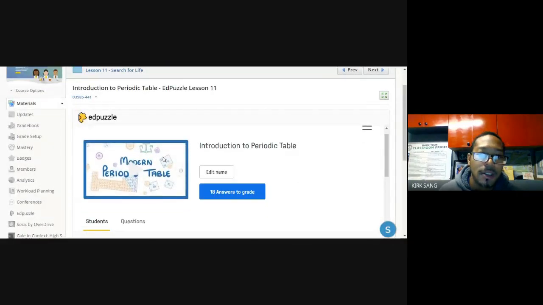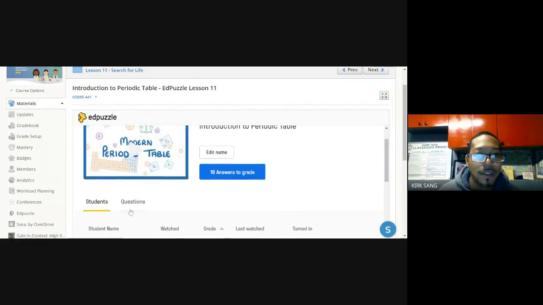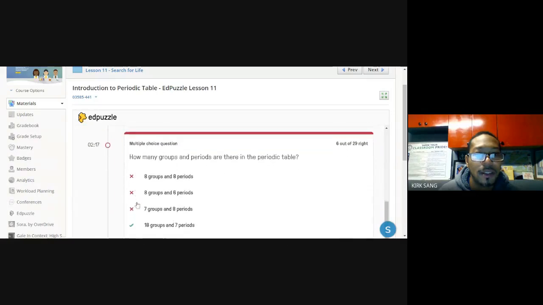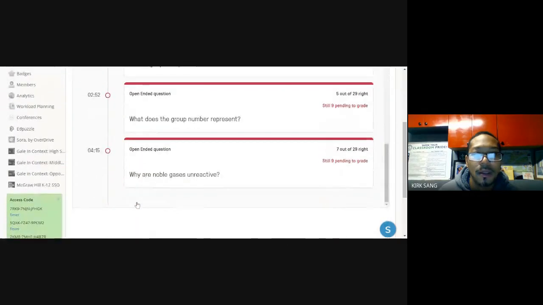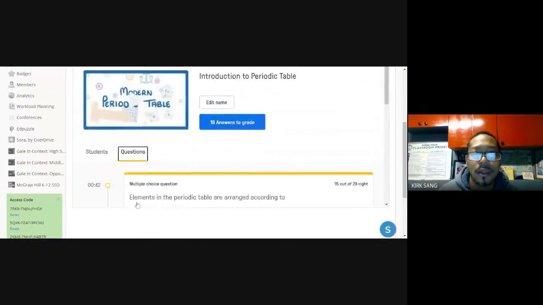Your Edpuzzle is graded. Please make sure you're answering the 4 questions with fidelity and answering them correctly. The last 2 I'll grade, and then proceed to your exit ticket. That's it. Make sure you're submitting your IMT, exit ticket, and Edpuzzle. And your student activity sheet. Please do not draw that table down in your notebooks. You don't have to.